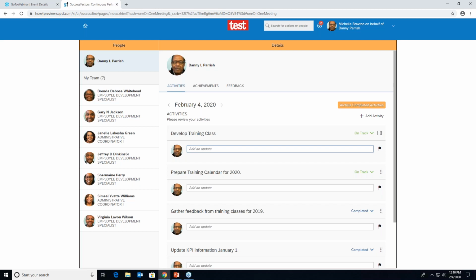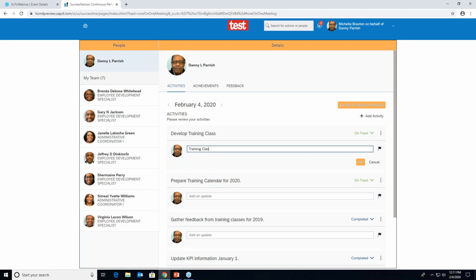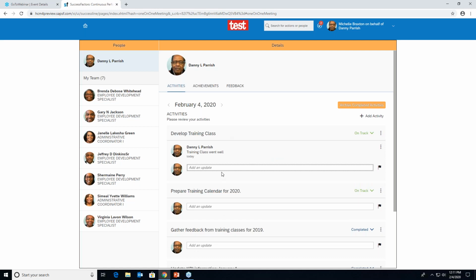You also have the ability to add an update in this section. And if you click OK, you can put that information there.